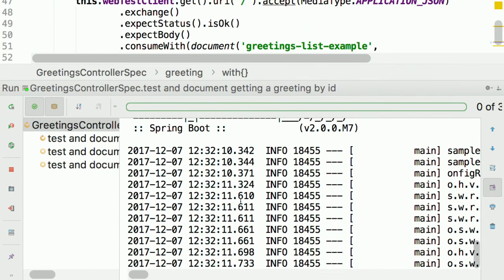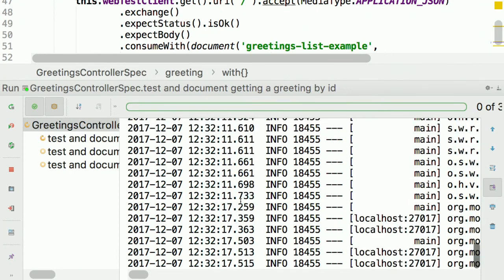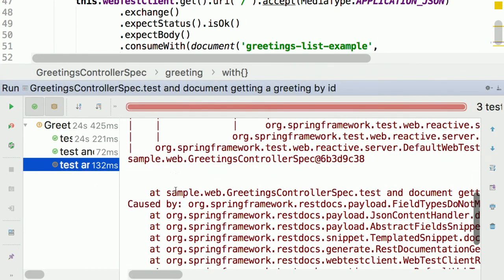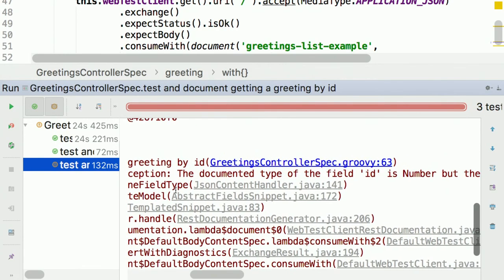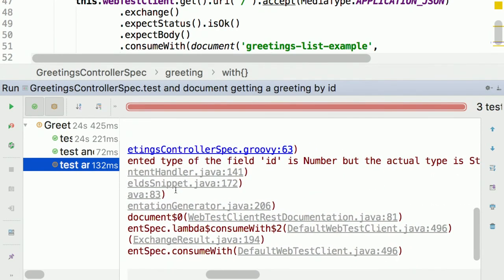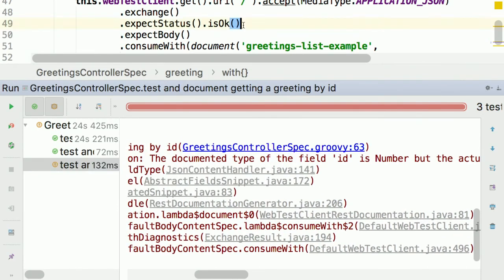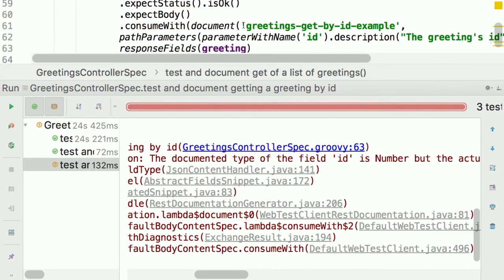And it might take a while, depending on our connection. Okay, so we had a failing test. What happens is it says that the documented type of field ID is a number, or we expected it to be a number, but it's actually a string. Of course, again, this is JSON, but you can see where this might be helpful in more complex examples, like say XML. The other kind of thing that's gonna happen is that you change,